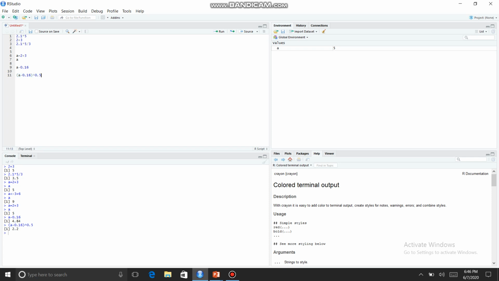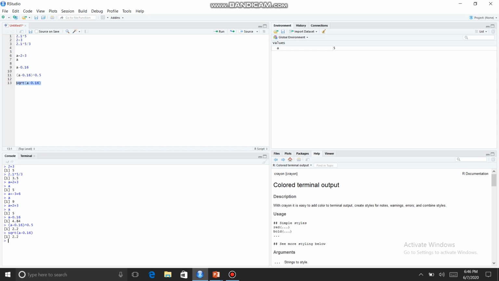Using the arrow keys, I can move the cursor back and forth within the command. I can also carry out the calculation using square root. Let us see how the square root function is used. Type the function sqrt, and in brackets A minus 0.16. Select the code and click on the Run option.